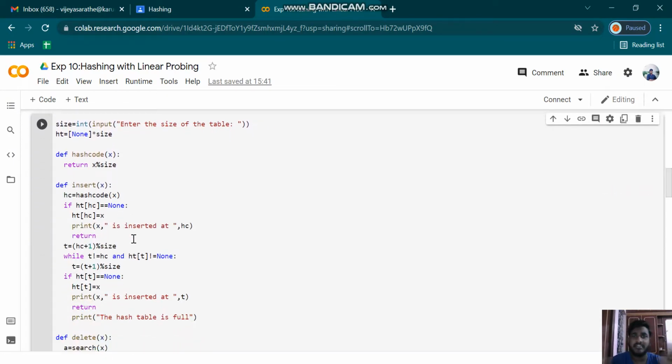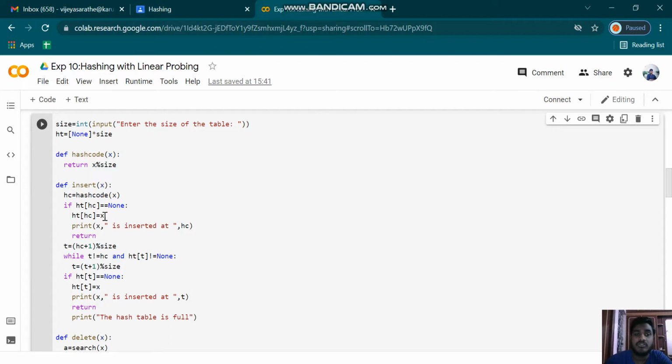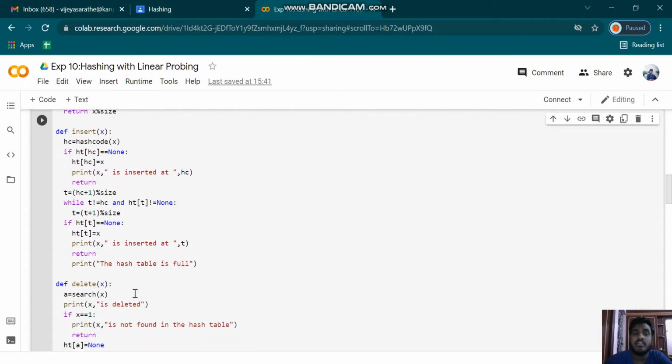We know that hashing is a searching technique, and first we want to create a hash table. We want to give the size of the hash table. If I give the size as 5, the index will start from 0, 1, 2, 3, 4, so up to 4. Then I'm inserting an element. Whether you insert 5 elements or 4 elements is up to you, but more than 5 elements you cannot insert because the size we have given here is only 5. So inserting, then deleting.